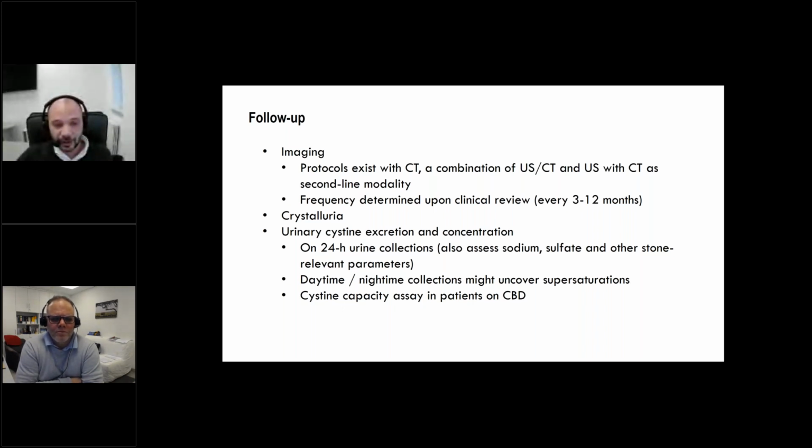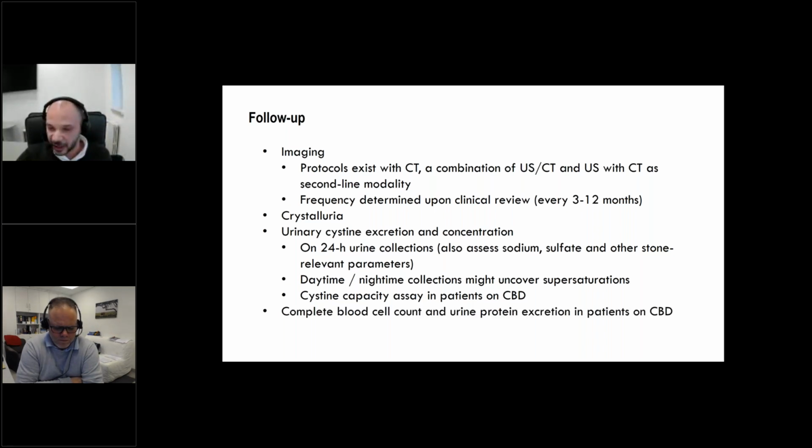In those patients who have recurrence despite being apparently undersaturated over 24-hour urines, we might perform a split of daytime and nighttime collection, which might sometimes uncover periods of supersaturation. And finally, we can consider, if available, a cystine capacity assay in patients on cystine-binding drugs. In those patients, we should also perform the complete blood cell count and urinary protein excretion